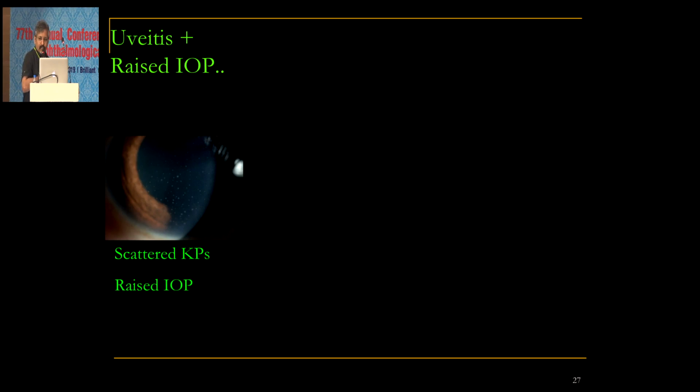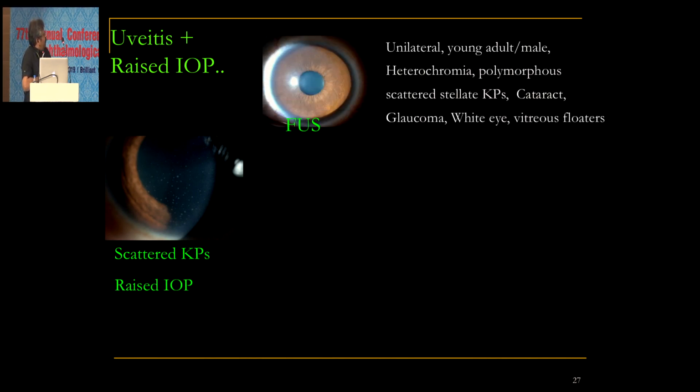Fuchs, GIA, then if you have uveitis in a white eye with raised IOP. IOP raised in uveitis can be secondary due to synechia, angle closure, steroids, but there can be primary rise in IOP at presentation with uveitis. There are very few conditions where you have uveitis with raised IOP at presentation. Most important is Fuchs. Okay, Fuchs has very typical scattered KPs, which are not seen